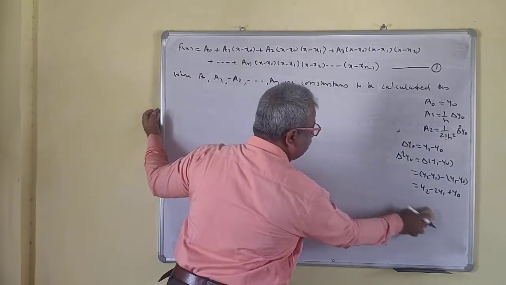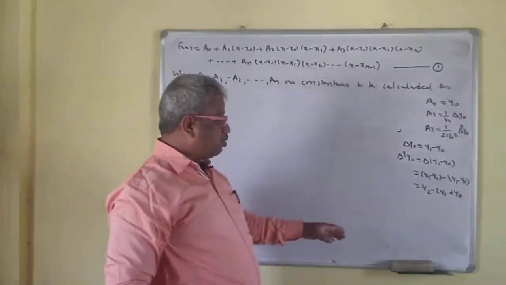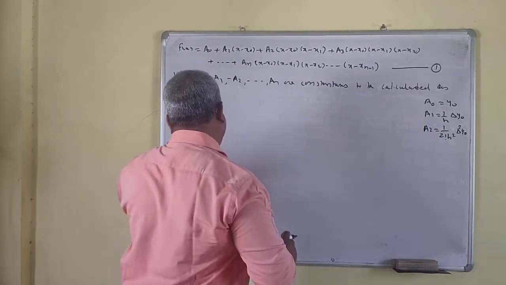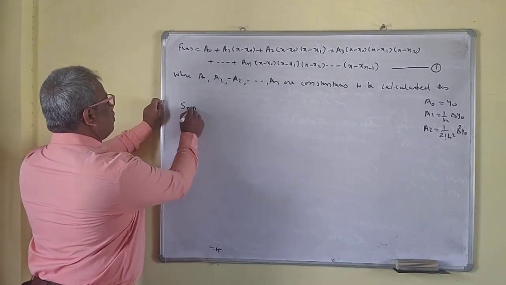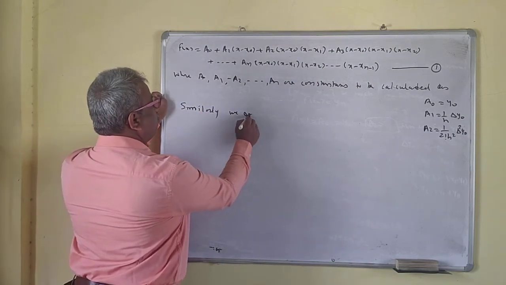Very easy formula now here. Only I have to do this one. You have to find the values of a0, a1, a2, and easily we will say now here what? Similarly, we can prove